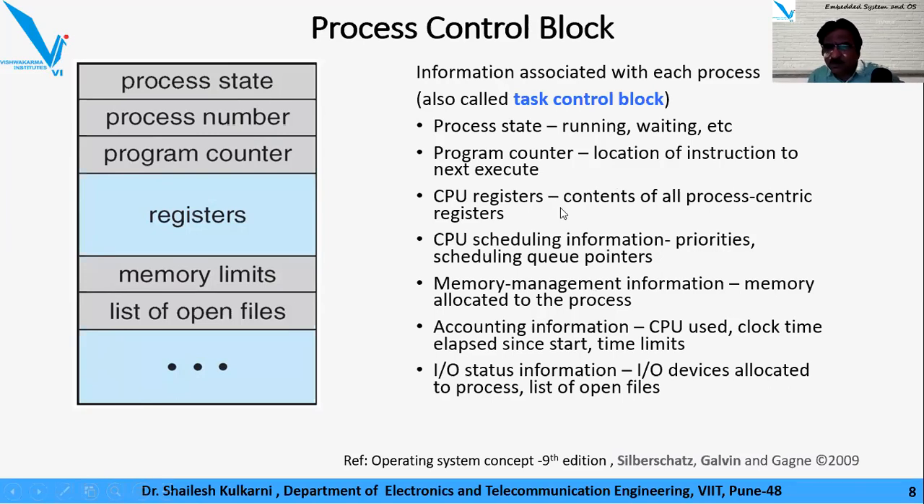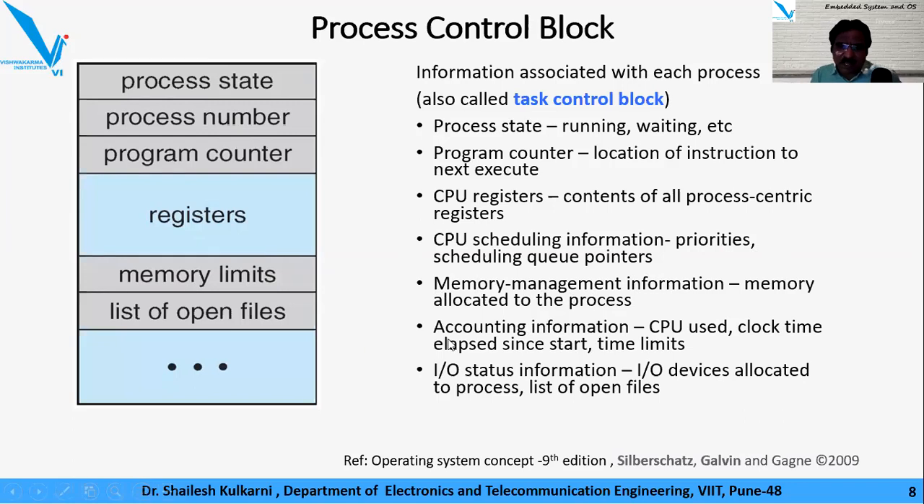As we know, the CPU registers hold the contents of all process-centric registers, that is the register file, whatever is required for that particular process. Then CPU scheduling information, that is priorities, scheduling queue pointers and all that, would be required. Again, memory management information, that is the memory allotted to the process, memory limits and all that. The page size, number of pages and all that would be used for this particular process when it's